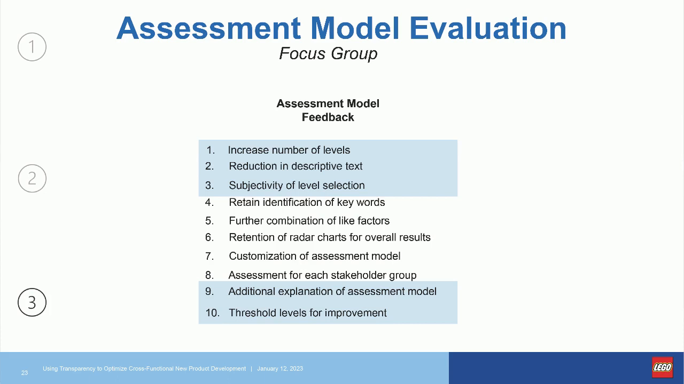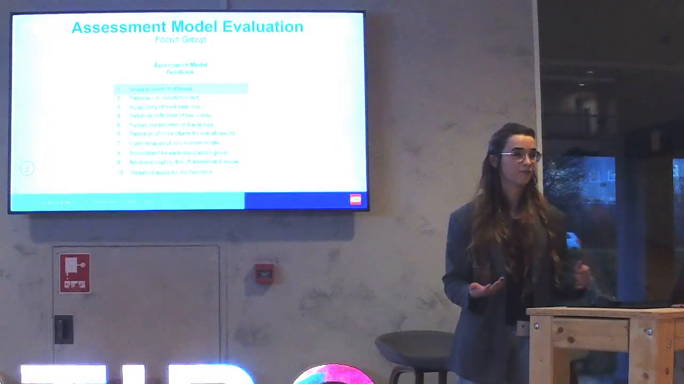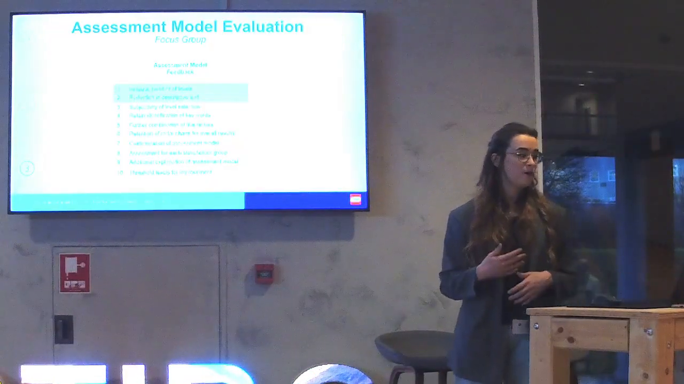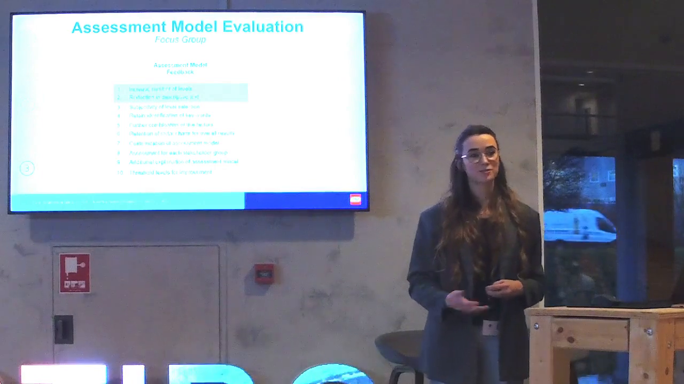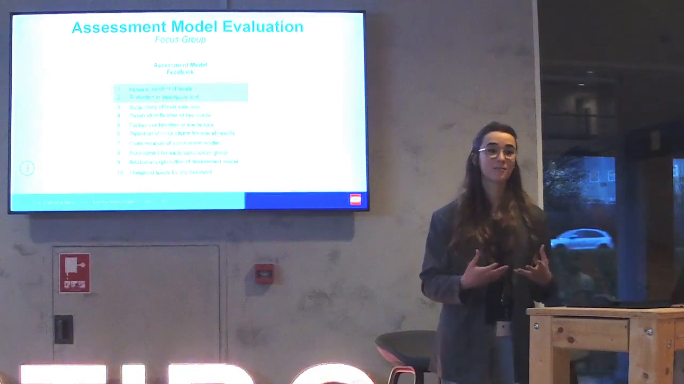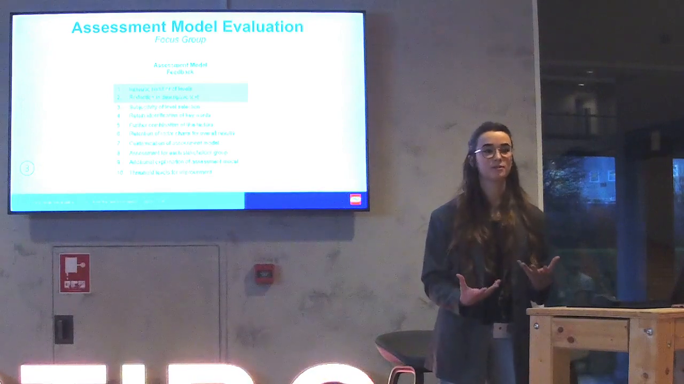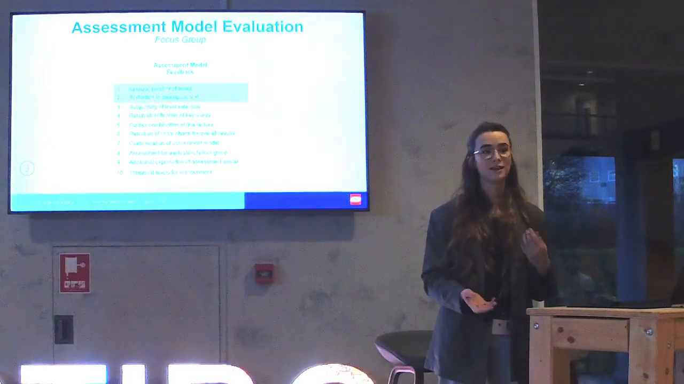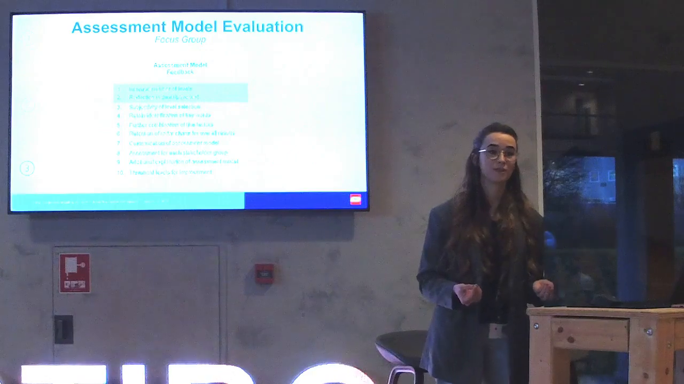So a lot of them felt like it was difficult to place themselves in one of the 3 levels because they felt like they fell in between 2 of them. So they asked for more levels to rate themselves with, along with a reduction in the descriptive text. With a description for each factor on each level, it was a lot for them, and they took a long time to assess themselves. So they said you could reduce it, gave us some suggestions for that to increase the